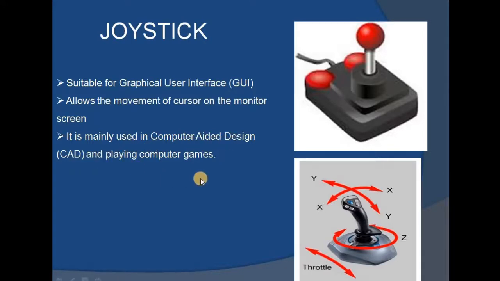For example, when mechanical engineers want to design vehicles or four-wheelers, for all of that we use computer aided design. So most of the time it will be used by mechanical engineers, in the software that we use, computer aided design. So we have CAD and CAM tools, and for all those things they use this joystick. It consists of some buttons here, left button, right button, so we can use this.